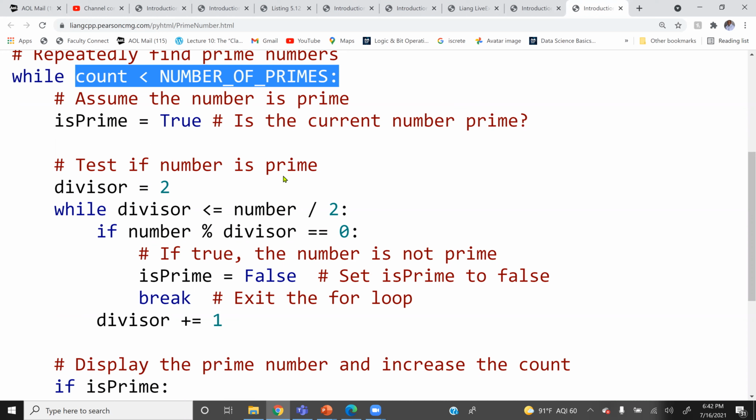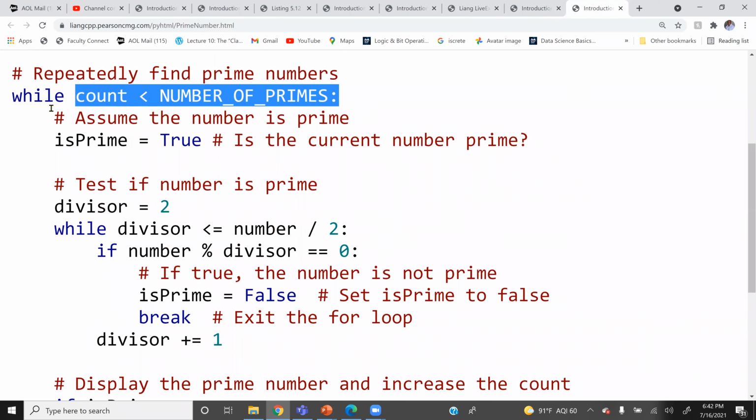Now we test if the number is prime, which means the divisor we have is 2. And here we use a while loop. So here we can see that we have a nested while loop. First, our count, we are going to execute 50 times, to find prime numbers from 1 to 50. So while divisor is less than or equal to number divided by 2, if the number modulus divisor equals 0, which means if we divide the number by the divisor, which we have as 2,